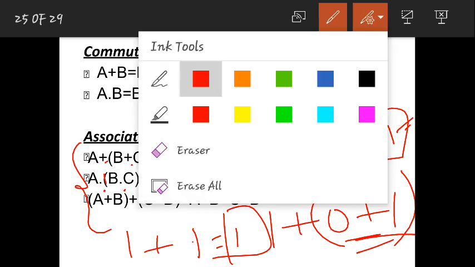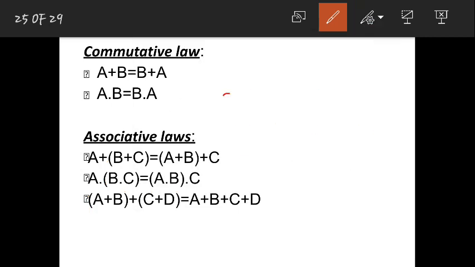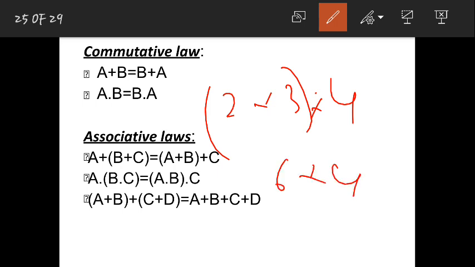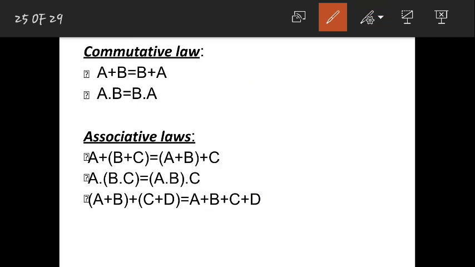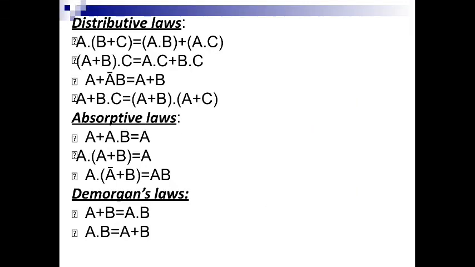Okay, if you take in your decimal form, he is just trying to say to you that 2 into 3 into 4, if you solve this both, and then after that whatever result you get, okay, 6 into 4, if you solve you will get the same answer. Instead, if you take first 3 into 4, solve and you will get the result, and that result into 2 if you do also you will get the same result. That is what he is trying to say. That is associative law for these binary numbers 0 and 1. Okay. So now next you have is distributive law.